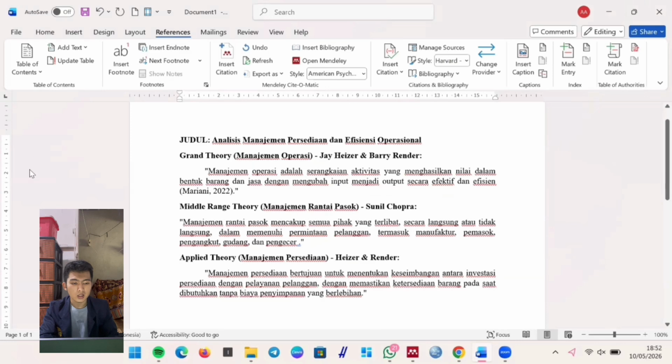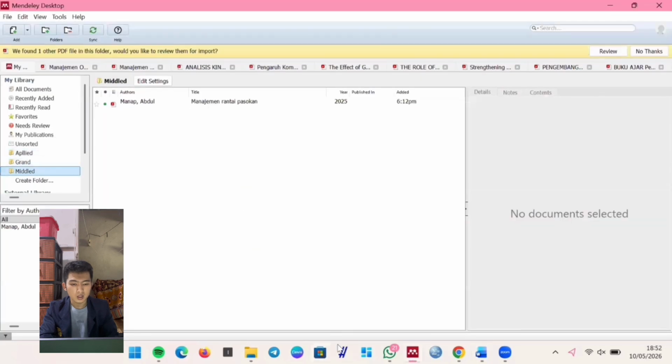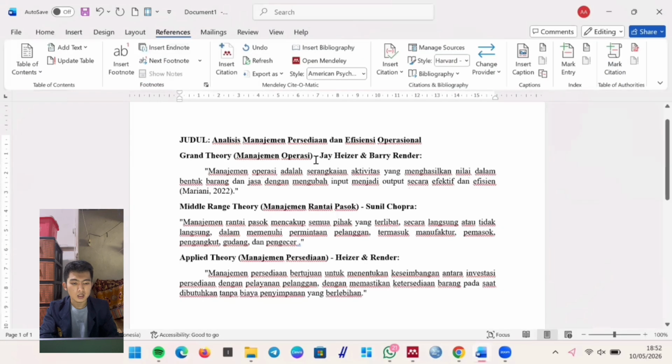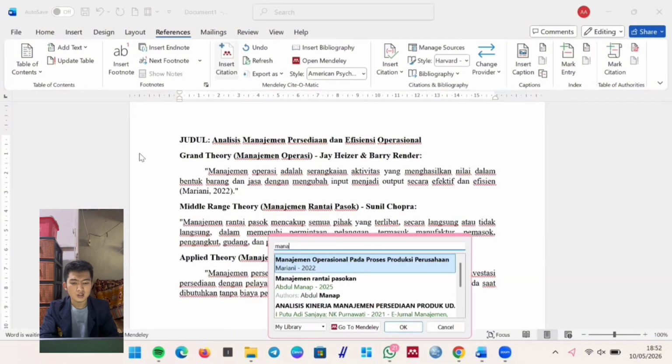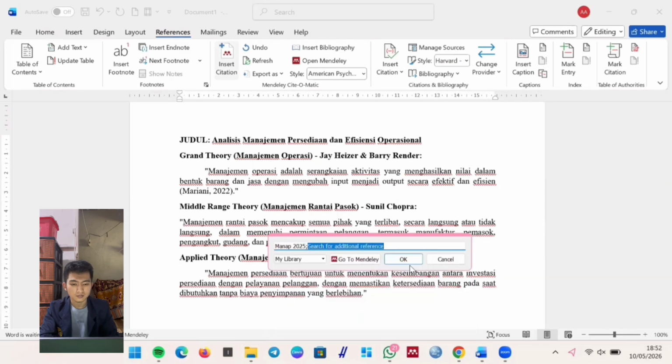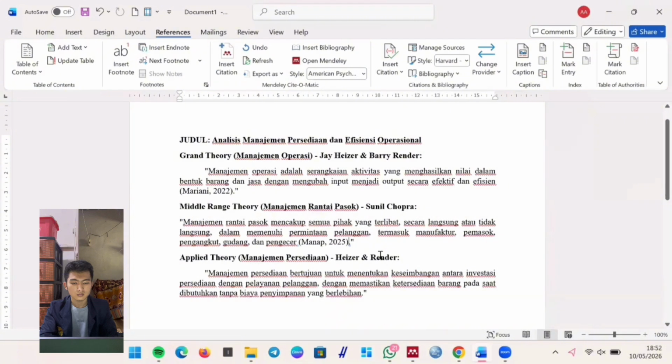I'm citing the definition of operations management from the book by J. Heizer and Barry Render. This theory serves as the major foundation for how production activities and value creation are managed.